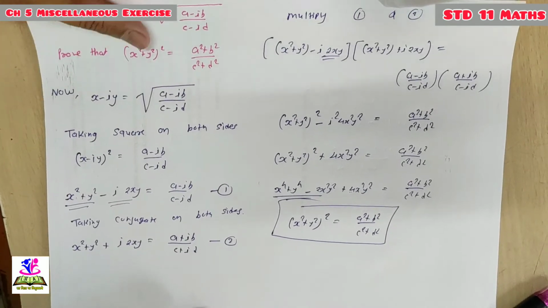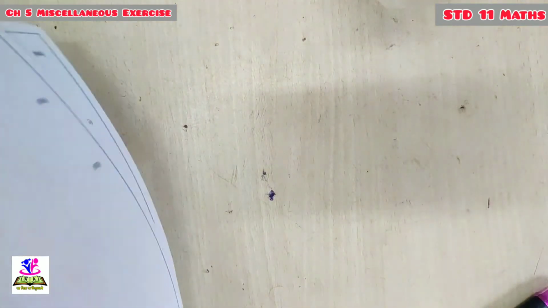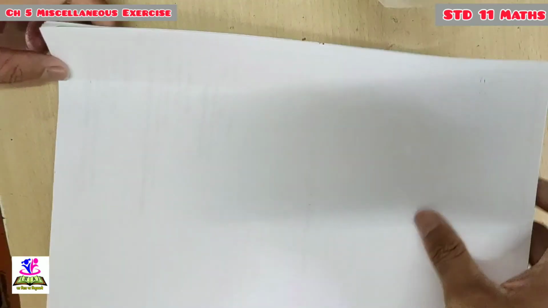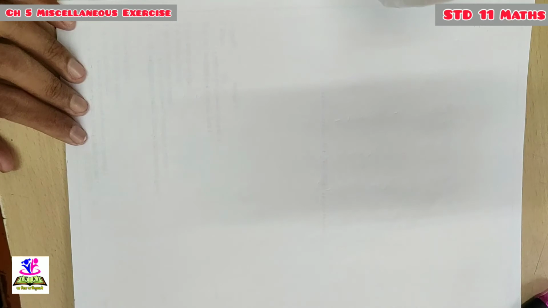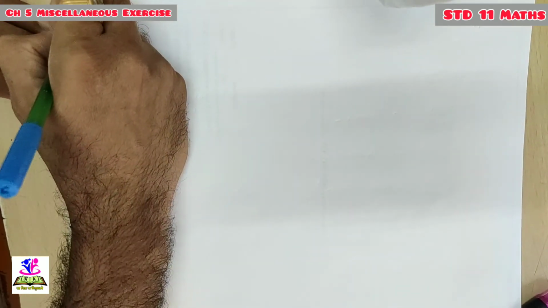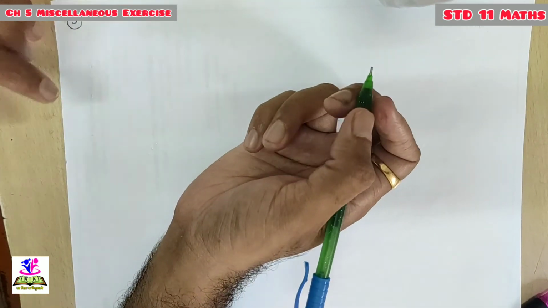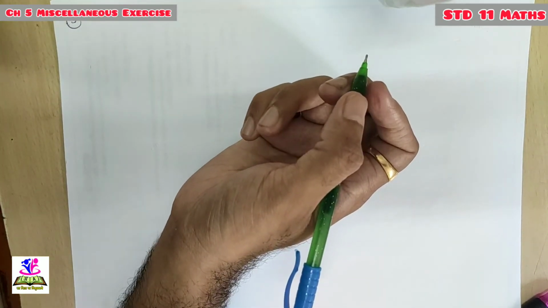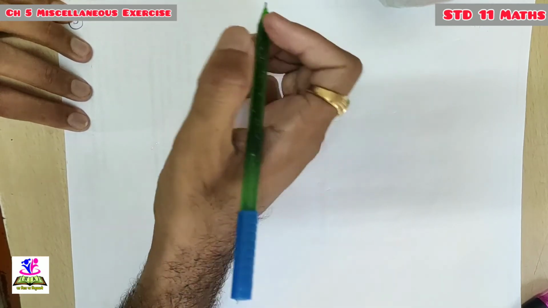Now question number 5. Two parts are there. You have to write the given complex number into polar form. We know the polar form, but here first you have to write the given expression into standard form. First we will write the expression in standard form, after that we will derive its polar form. So convert the following complex number into polar form.